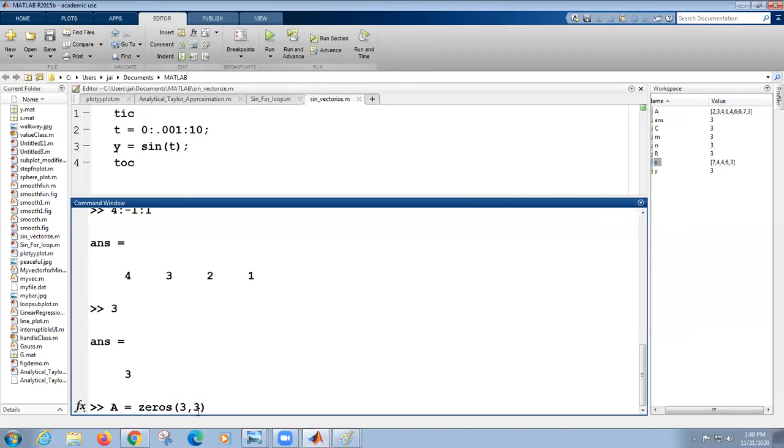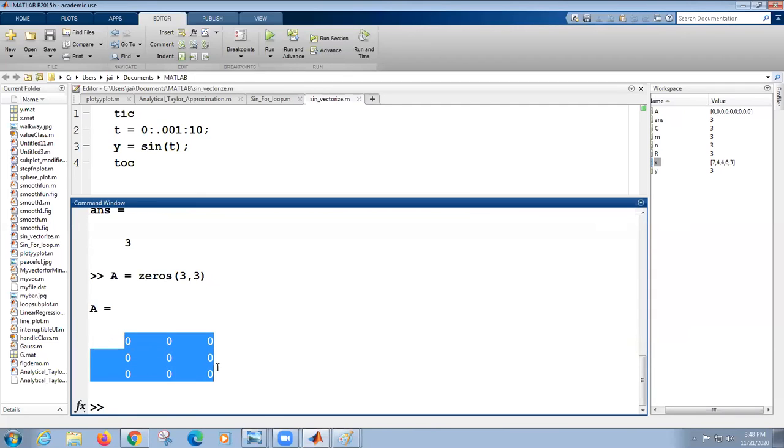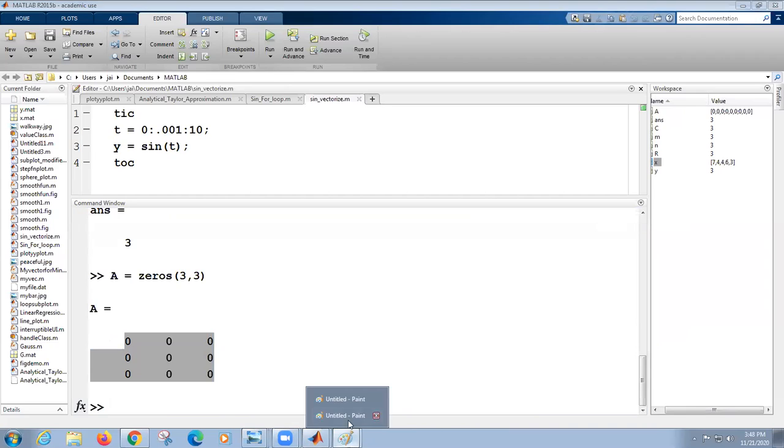Now you see, are you seeing this 3 by 3 matrix of zeros? Yes, sir. In each and every iteration, MATLAB will replace these zeros by their own corresponding non-zero values. That's what MATLAB does every time.